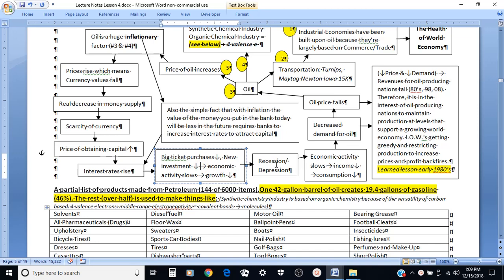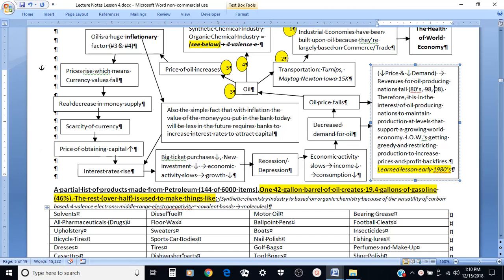You get a recession or depression, and then economic activity slows, income decreases, consumption falls. There's decreased demand for oil. Oil prices fall. But then what happens is you have a combination of decreased price for oil and decreased demand, and revenues for oil-producing nations fall. For example, this occurred in the 80s, '98 with the Asian crisis, '08 with the housing crisis,